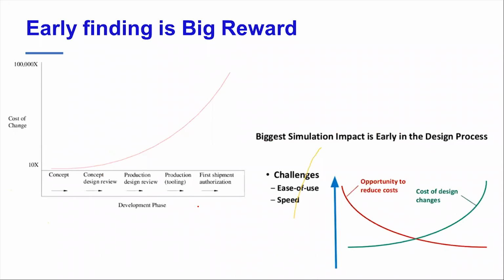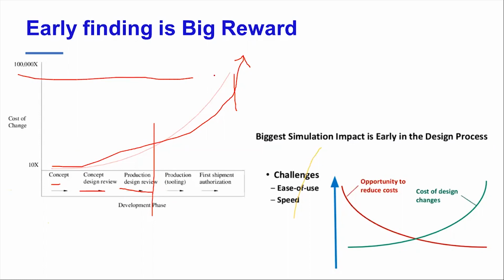Okay, so now what has been found is the cost varies exponentially as you go ahead in your product design. If it is still concept, design review, production design, I mean prototype, everything, it is still okay to make some changes and control your cost. But the moment you proceed further, if you ask for any changes at this point, the cost is going to be very high. So simulation really helps you in this.